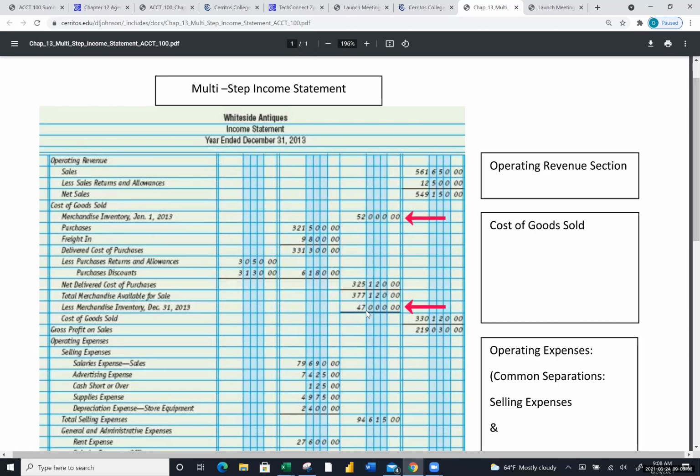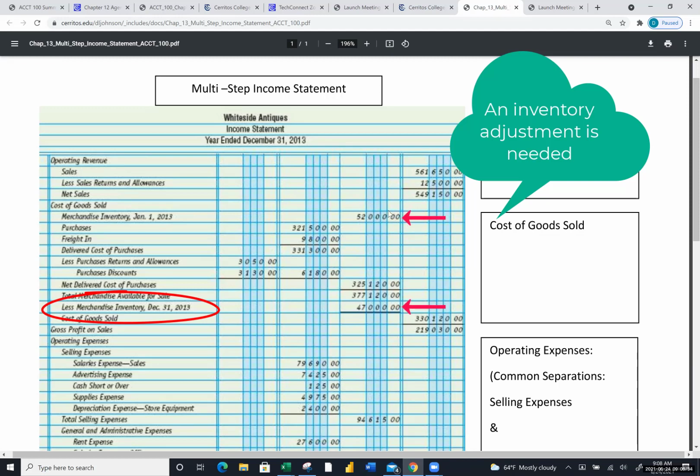Ending inventory by definition is sitting in the warehouse. That means it has not been sold. And so that ending inventory number needs to be subtracted out. Now that may be confusing if you haven't had a chance yet to read chapter 12, which is probably most of us. So I'm going to walk you through it, but bigger picture is, why do we need this inventory adjustment? The answer to that is because this